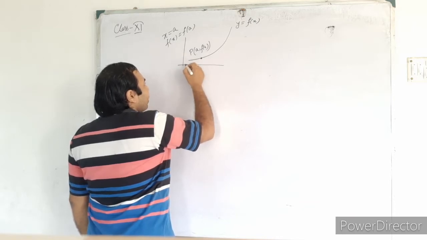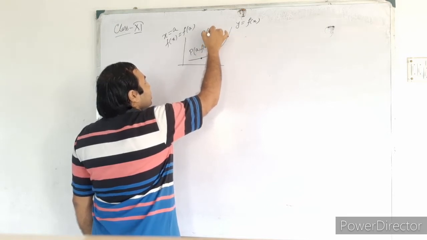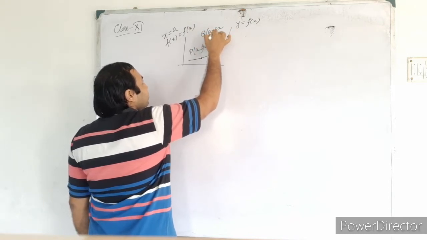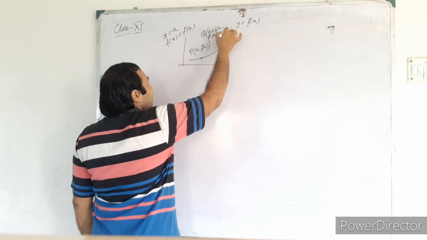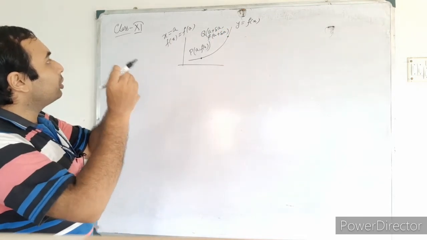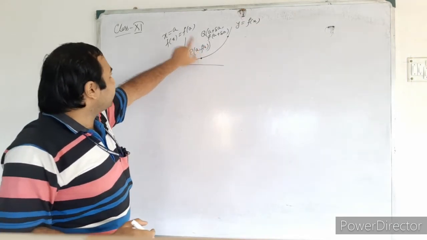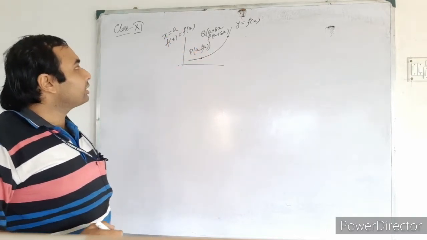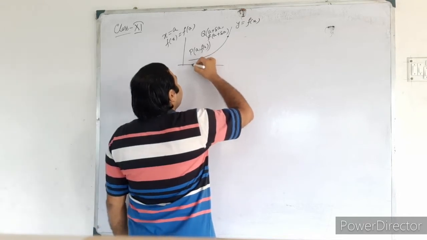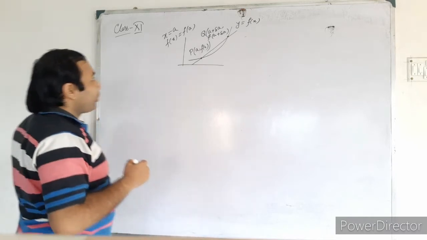Now we are drawing one tangent here. Another point we are taking here, Q, at a plus del a. So obviously the value of the function will be f(a plus del a). That means it will be increased a little bit: the value of the function will be increased, as well as the value of the variable x, which is increased by del a. Now let us join the line PQ here. This is the line PQ.